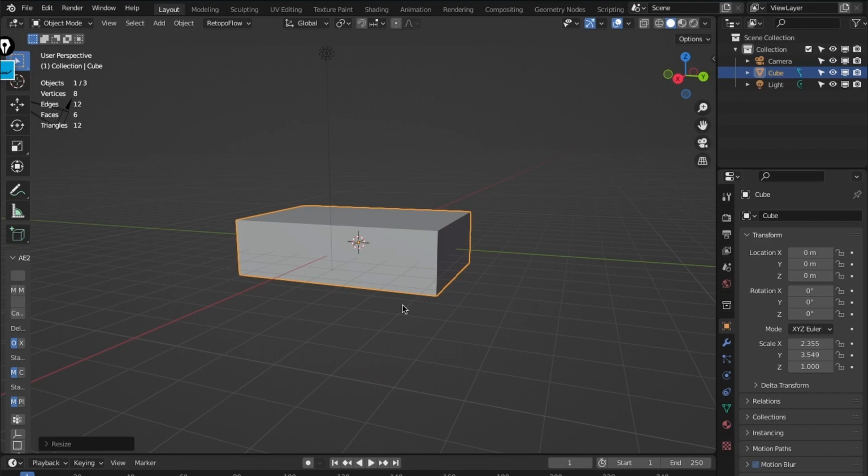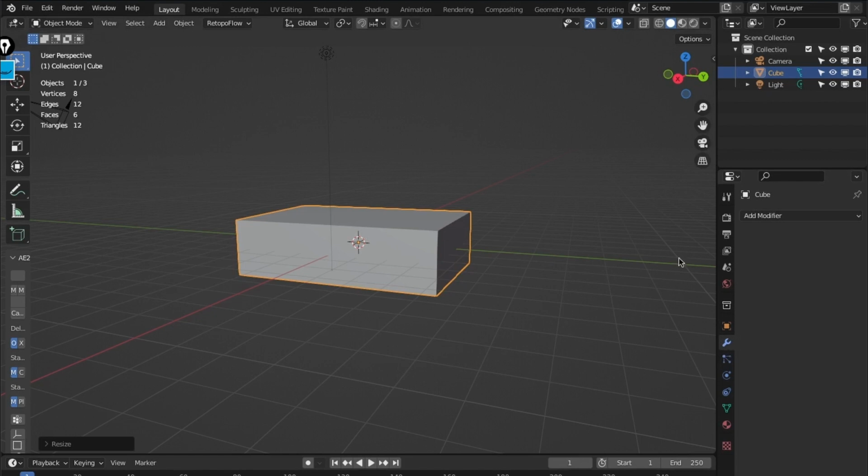So essentially what I'm going to do to create this cloud, let me just give you an overview before we get into the work. I'm going to use displacement. I'm going to add some subdivision, then displace it so that it goes in and out like a cloud. Then I'm going to move the vertices in a specific way for customization. Then for the shading, I'm going to add a principled volume, and that's basically how to create clouds. So let's begin. After I've scaled the cube,